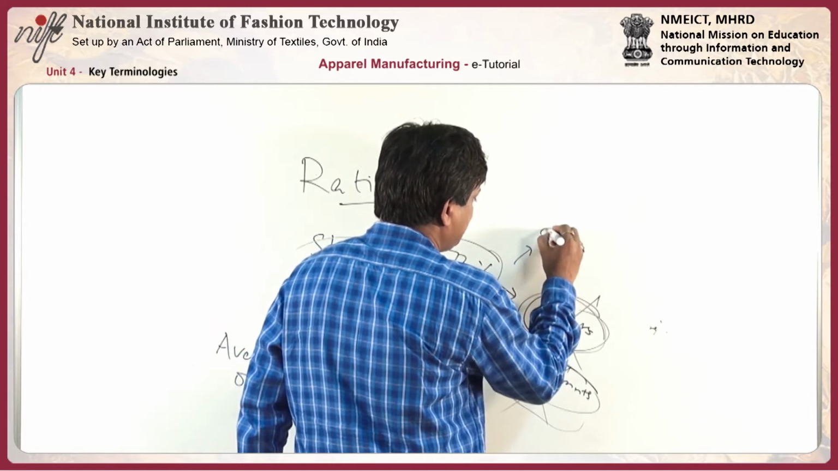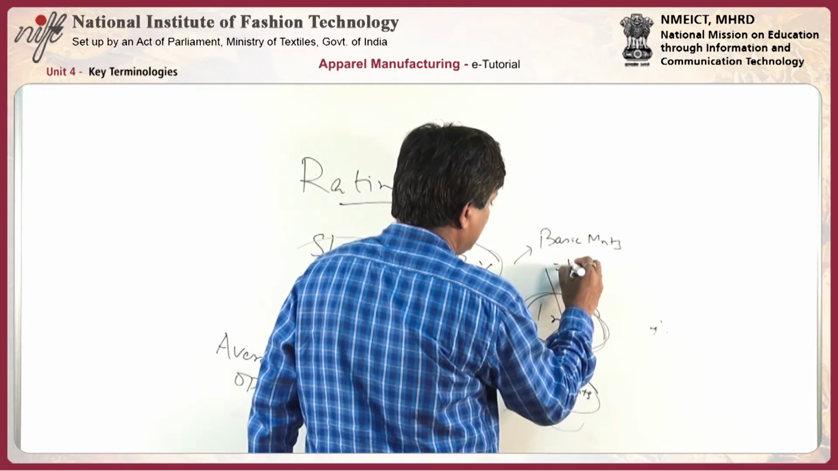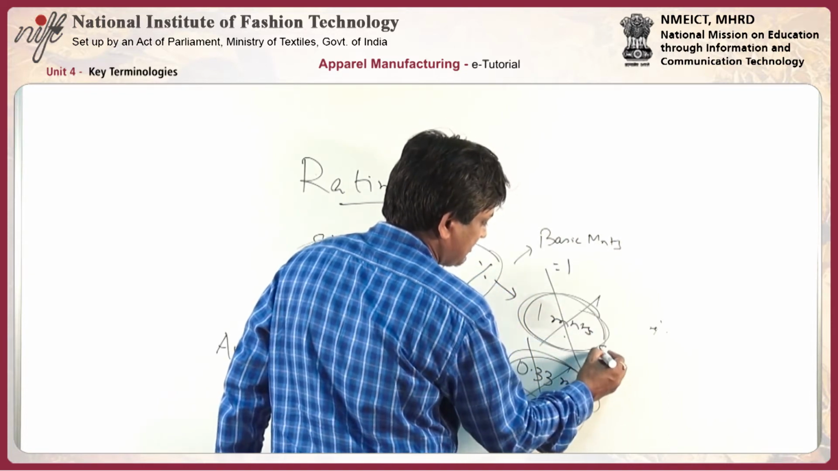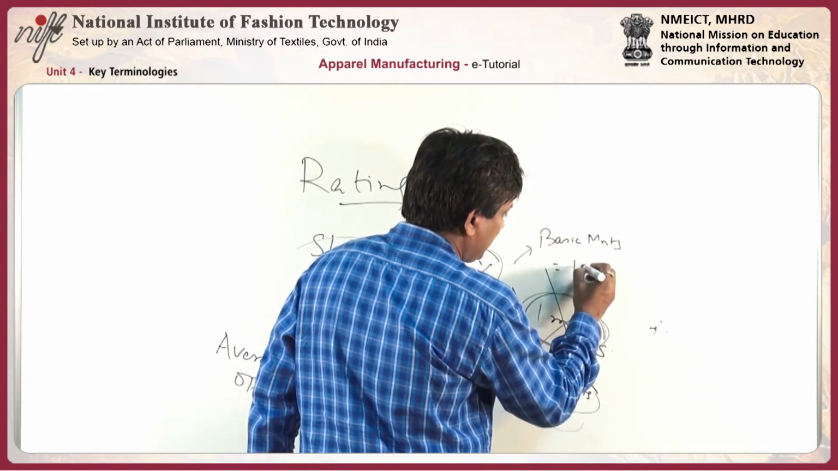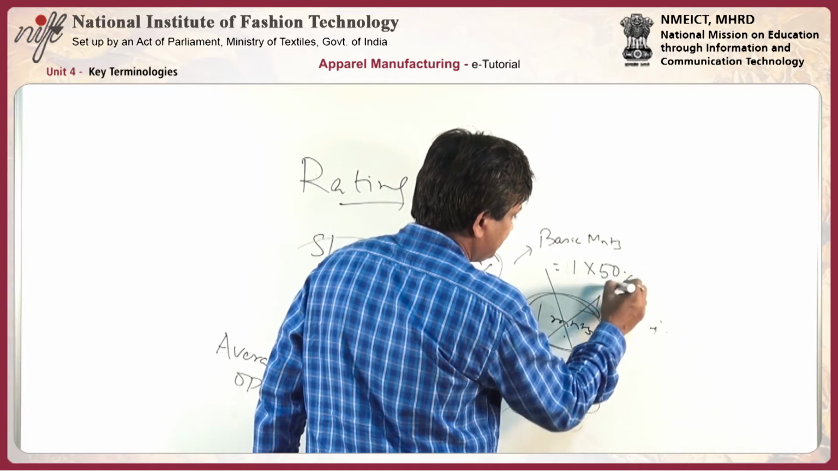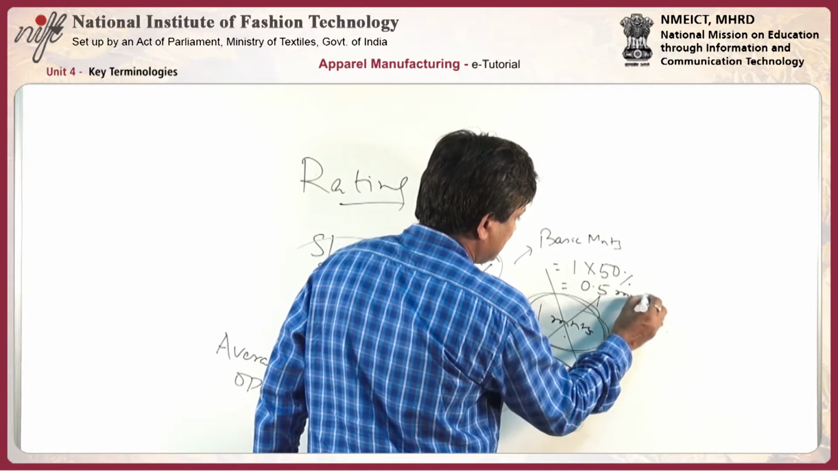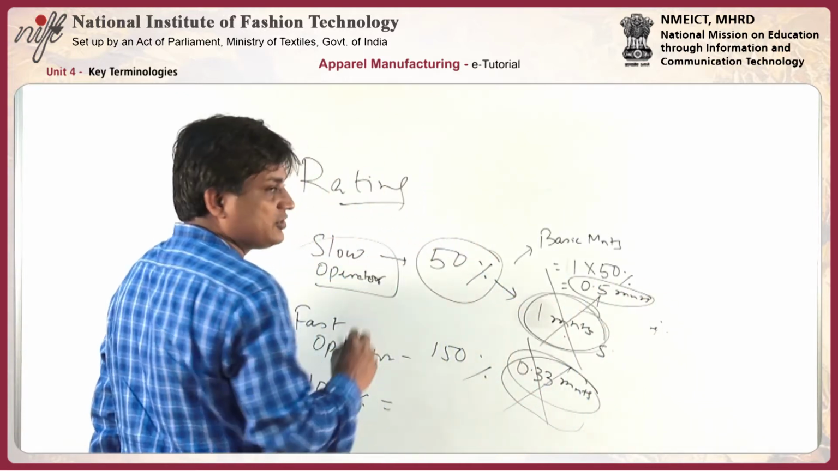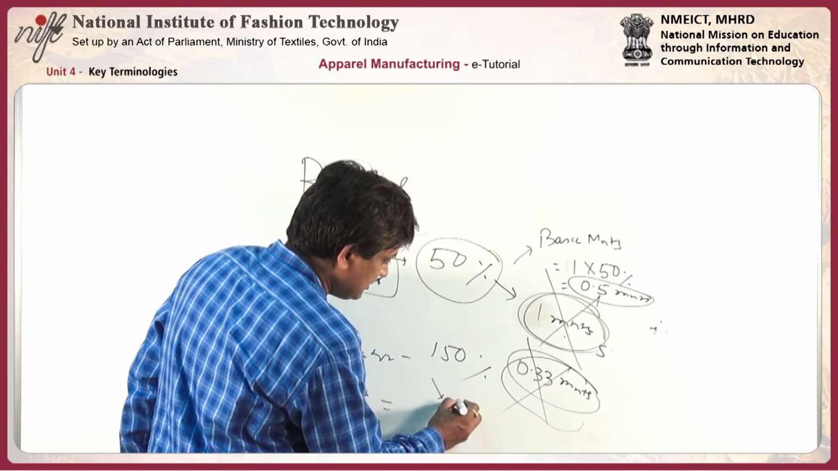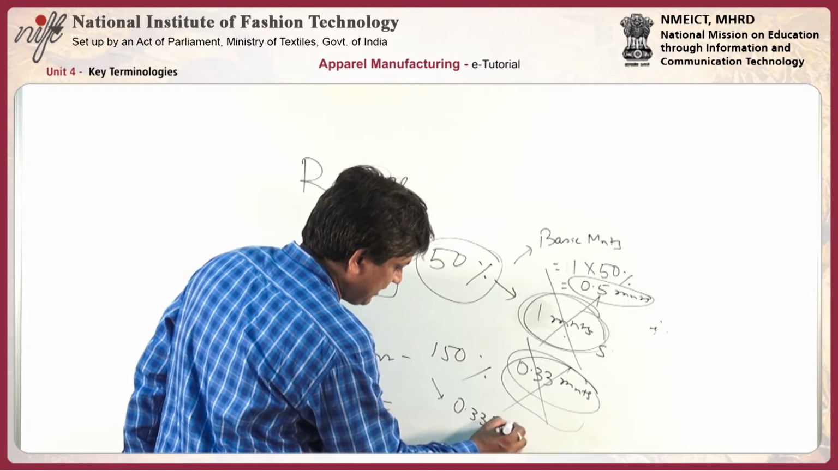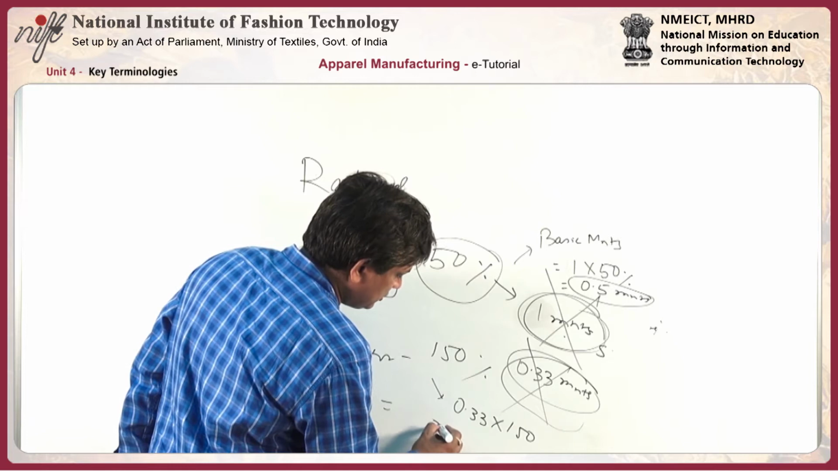The concept comes as the basic minute. Basic minute is basically the single cycle time. I will discuss those things in detail later on. So 1 minute multiplied by 50% is basically 0.5 minute, the time which will come from here. Now in the second case, 0.33 minute multiplied by 150% also gives almost